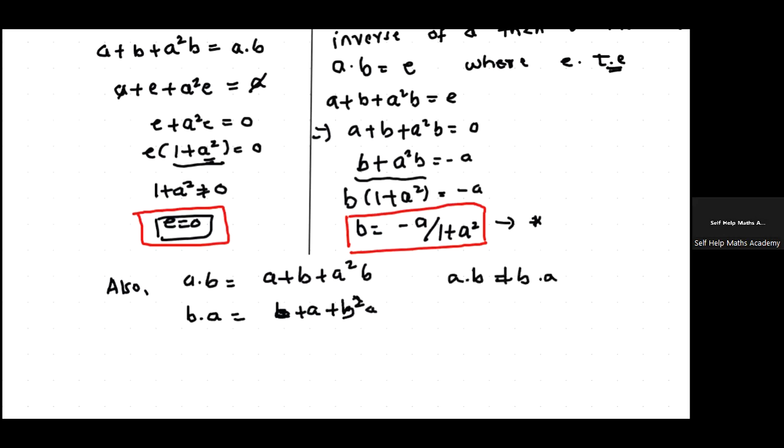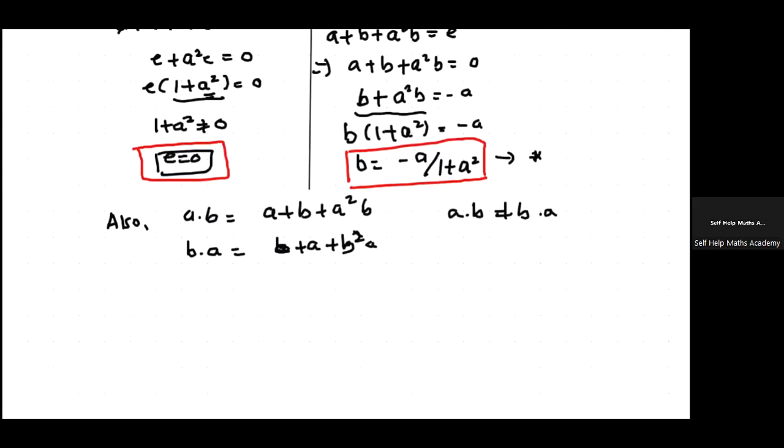Therefore, I can't use A dot B equal to B dot A, which is equal to E. We can't take that way. That's the reason I have to find the right inverse separately, since the dot operation is not commutative. Now let's see the left inverse of this. Let C be the left inverse